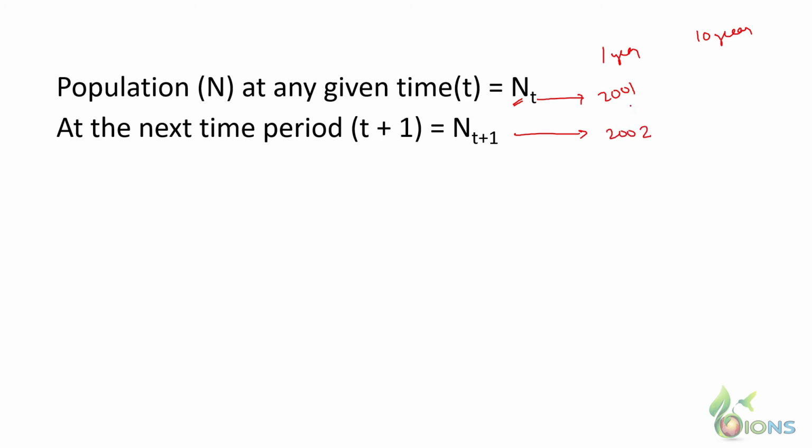Here, because the time period we are mentioning is 1 year, but in the case of the human census, we take a census every 10 years. So the last census happened in 2011 and the next census will happen in 2021. So here the t plus 1 period, the time period that we are talking about, is 10 years. So you have to understand that the time period doesn't always mean 1 year or one particular time, but it is a period of recurrence that is happening, right?